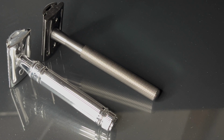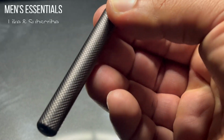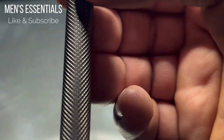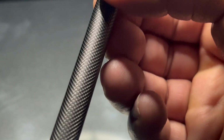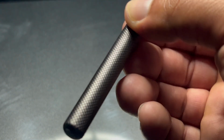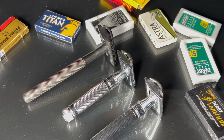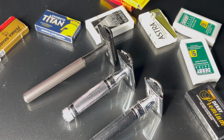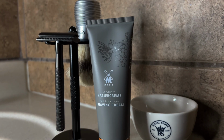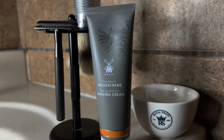I've owned this Manscaped razor for about a year now and it's holding up really well. There are no major signs of wear and tear and it just works. Now, after having said all of that, guys, if you're wanting to get into wet shaving, I think that you can save some money by buying a cheaper razor than this $70 one from Dr. Squatch. And what you could do with the extra money is buy the rest of the items that you're gonna